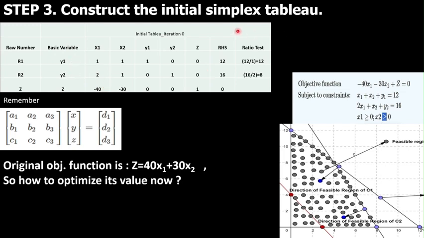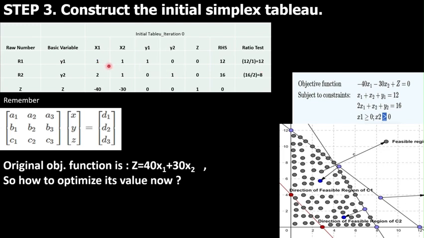To know that, we will perform a ratio test or a minimum test. We will divide the right hand side in the two rows we have by the coefficients of the pivot column. This is the pivot column. It has two coefficients and it has two right hand sides. So 12 by 1 equals 12, 16 by 2 equals 8. This means that